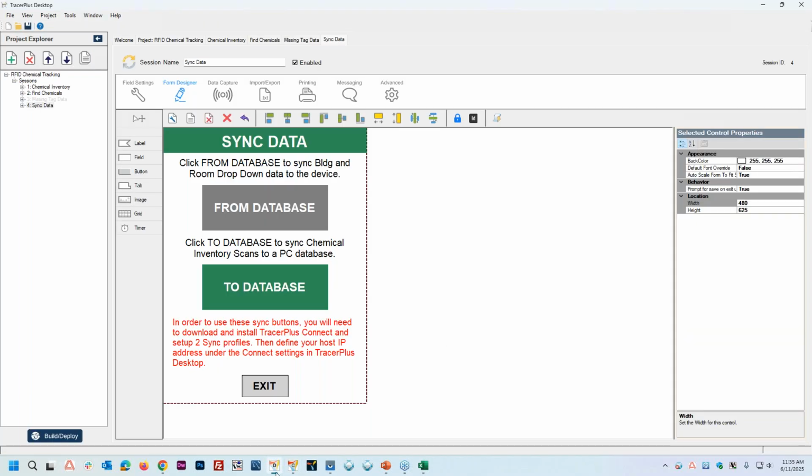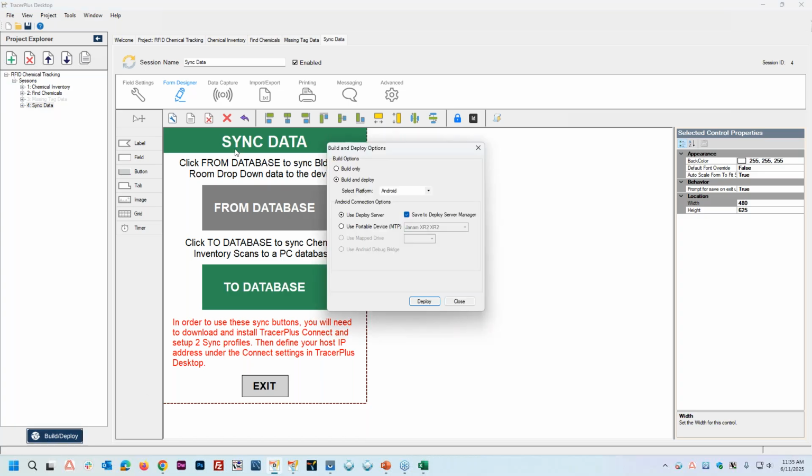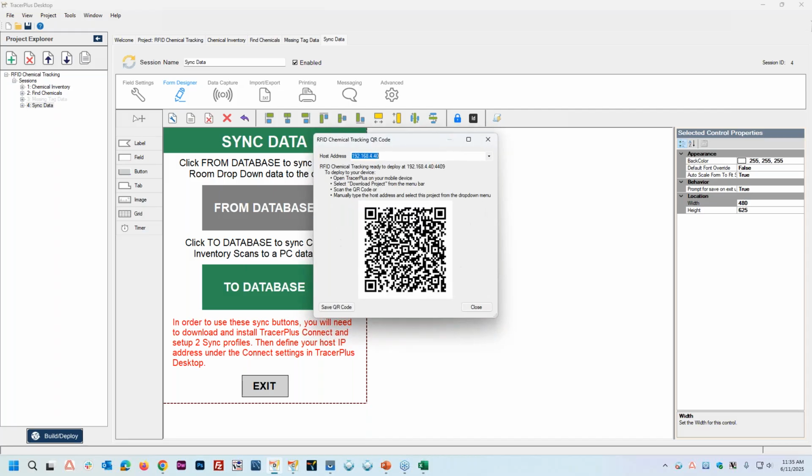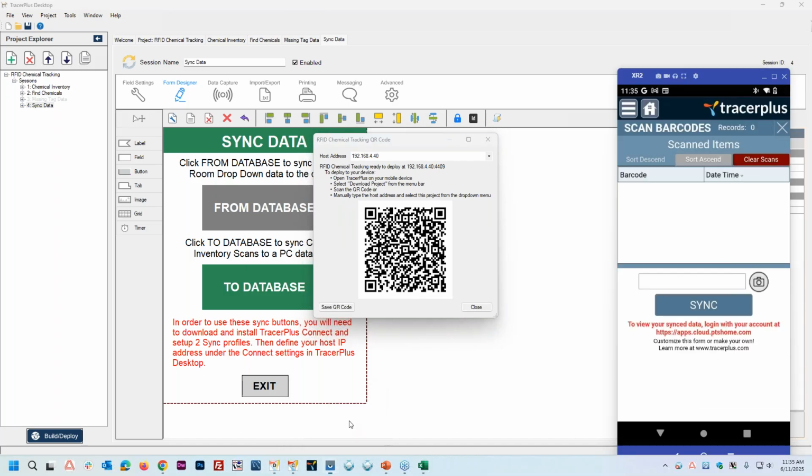All right, so now that we have that defined, the next thing we need to do is deploy this to our handheld. And to do that, we click Build Deploy. We're going to click Deploy. That's going to pop up a QR code for me to scan with my device. So if I jump over to the device,